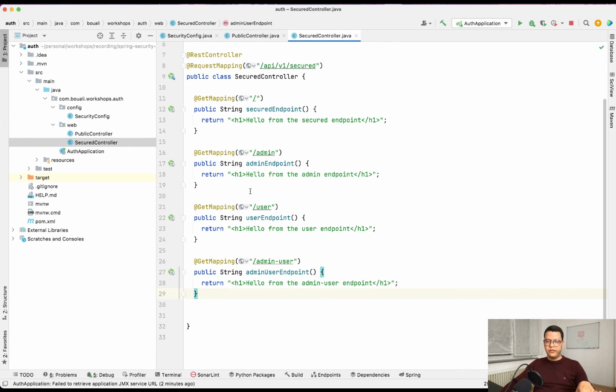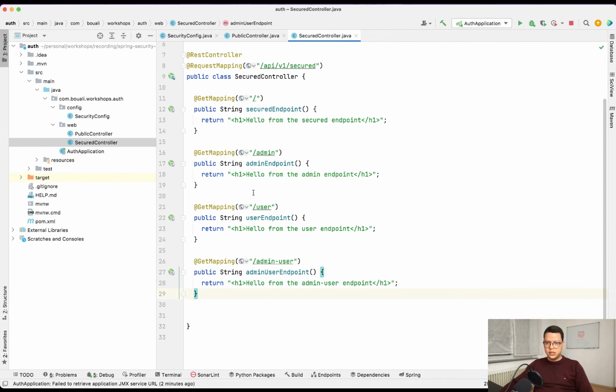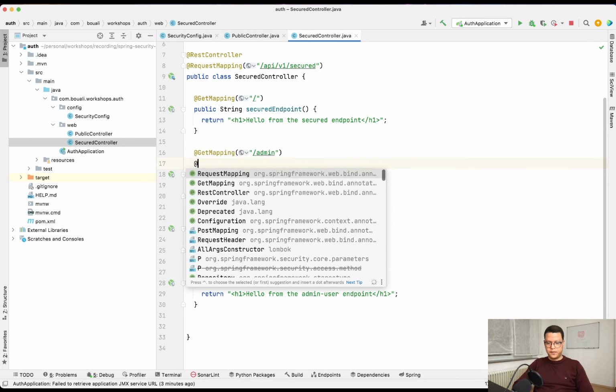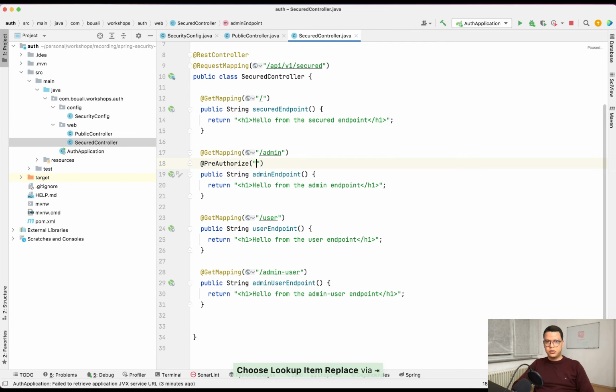So that means if I log in with the user account, I should not access this admin endpoint. So now let's go ahead and implement this one. This, we said it's accessible by anyone. For this one, we need to use an annotation called PreAuthorize, and this PreAuthorize takes a parameter which is